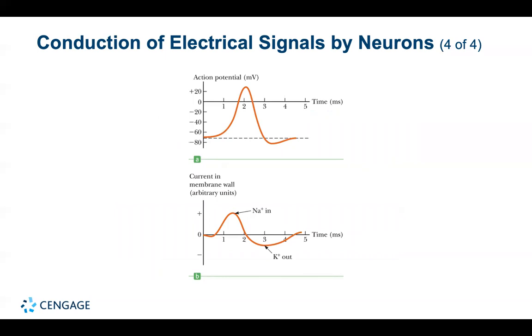So in this figure, in A, we have a typical action potential as a function of time, and in B, the current in the axon membrane as a function of time. The mechanism for the production of an electric signal by the neuron is conceptually simple, but was experimentally difficult to sort out. When a neuron changes its resting potential because of an appropriate stimulus, the properties of its membrane change